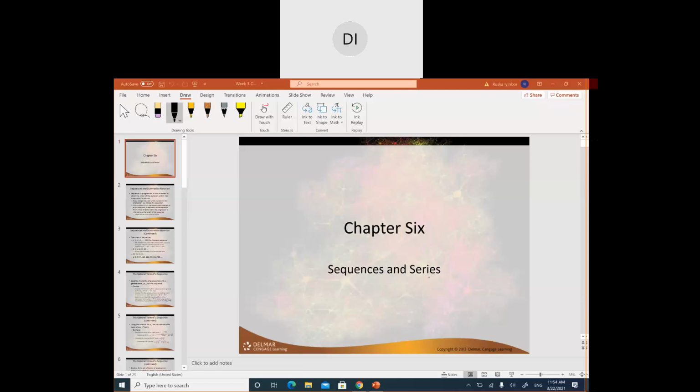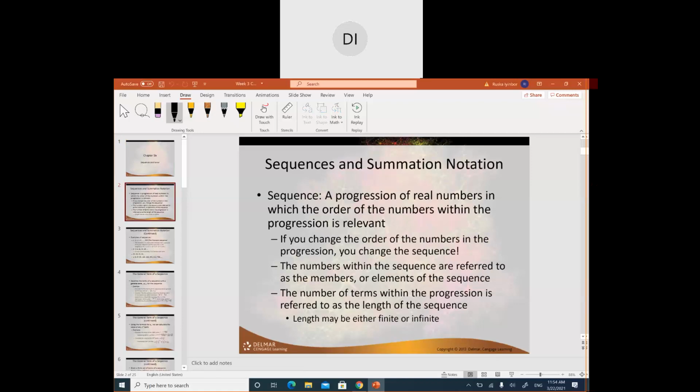So we're in week 3, and we're going to go over chapter 6. Okay, so keep in mind it's chapter 6 in week 3. Okay, so we're going to talk about sequence and series. And what is that? So sequences